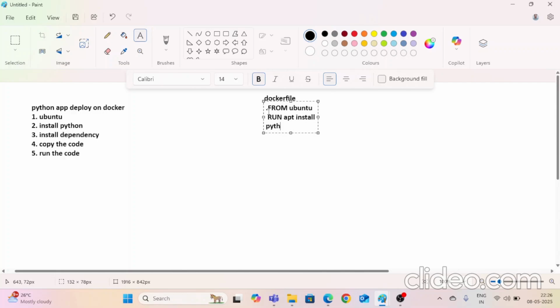python. Earlier, when we were deploying without Docker, at that time we used Amazon Linux, okay. So there the yum package manager is used to install the packages, right? So RUN apt install python, okay, and run the dependency also, right? RUN pip install dependency,